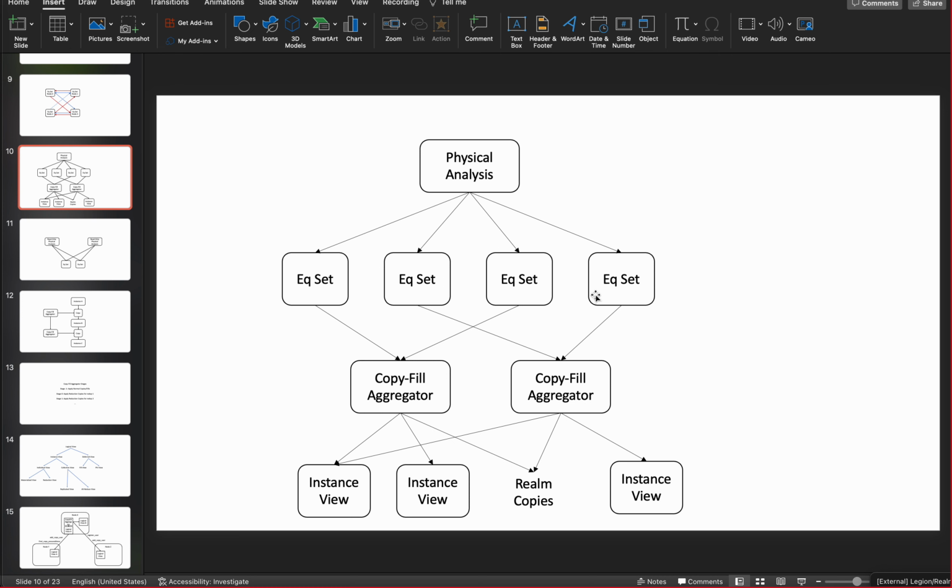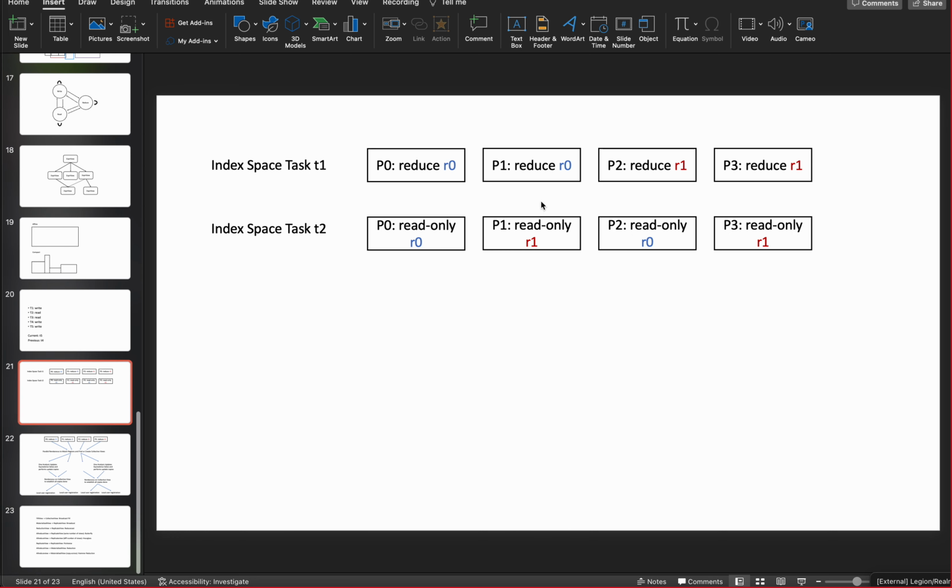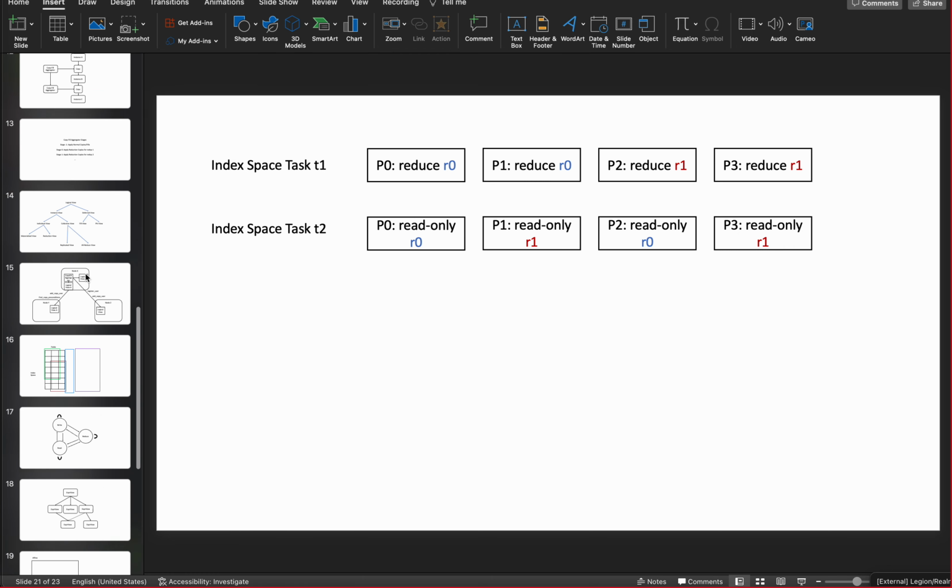Effectively, we don't need both of those points, both P0 and P1, to do the same analysis on the equivalent sets. We should be able to do it with just one of them doing that analysis, and updating the equivalent set with the name of a new collective view that represents maybe both of the instances that are being accessed by these two point tasks. And so the idea of collective views is effectively to allow us to deduplicate some of this work as we go through